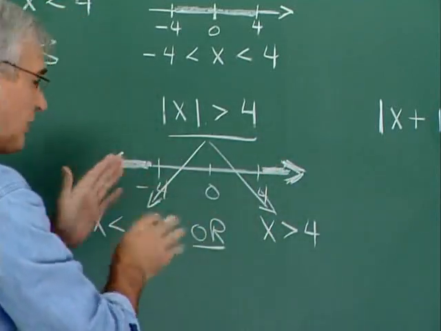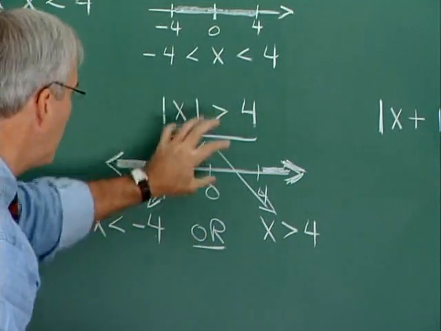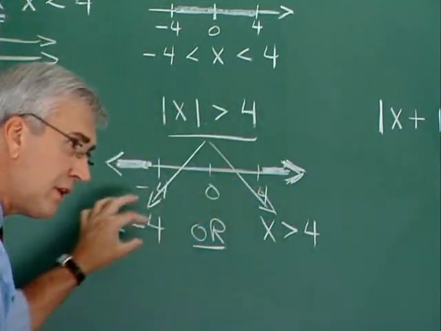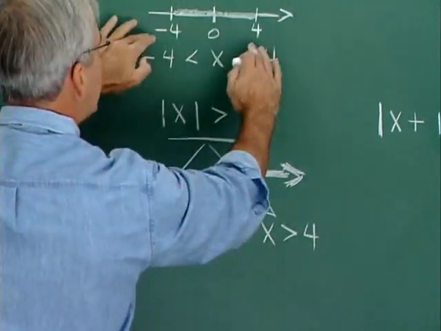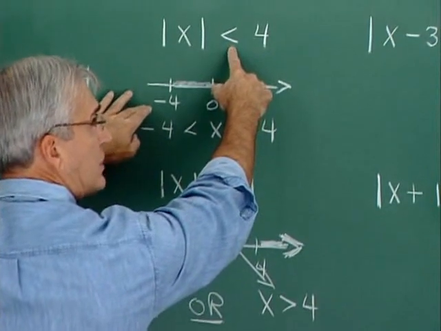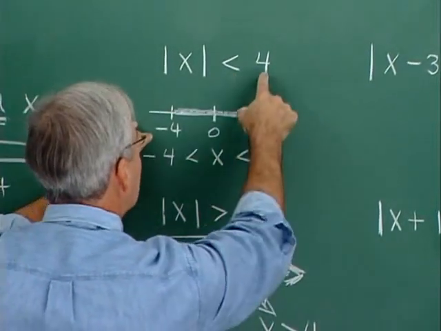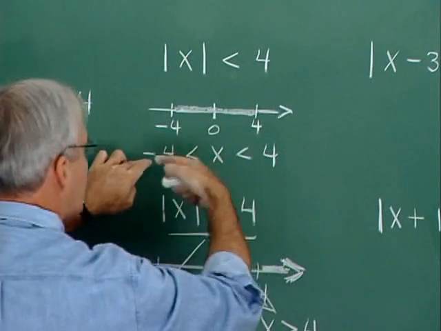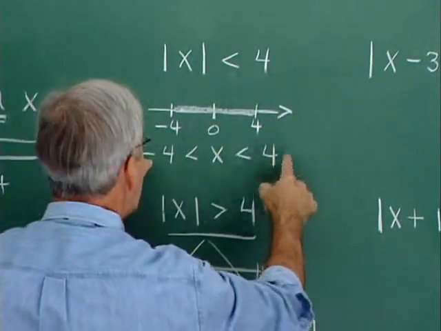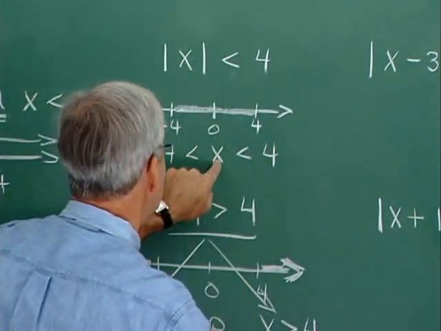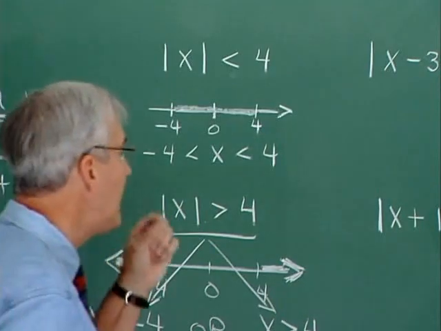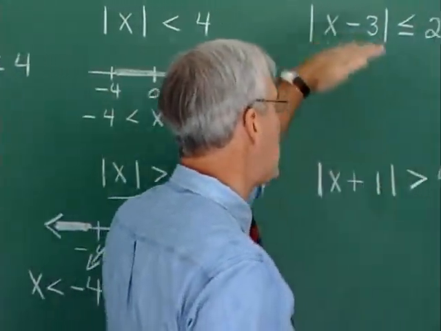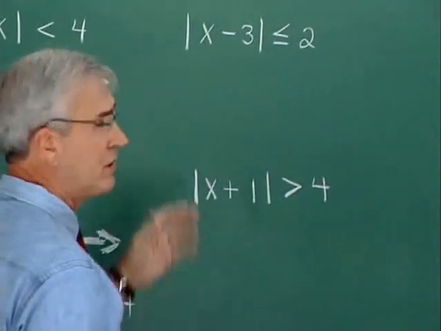I think, though, that the speedy way to do this is to just go to these two, split into these two forms. Now, notice up here, the situation is a little bit easier when we have a less than situation. We use negative 4 on one end of this compound inequality and 4 on the other end, and just pop the value in the absolute value in between, and away we go. Okay, now I'm showing you this because now we want to jump into situations which are more complicated. How do we deal with these two? Well,